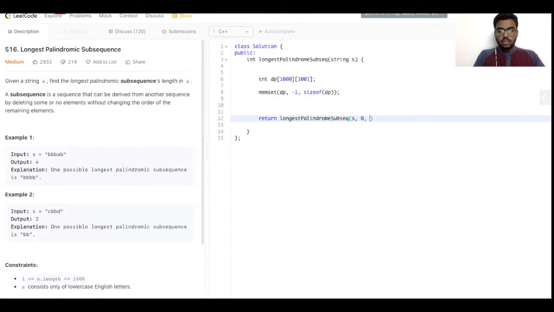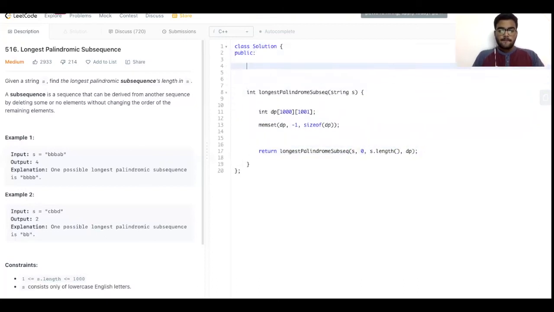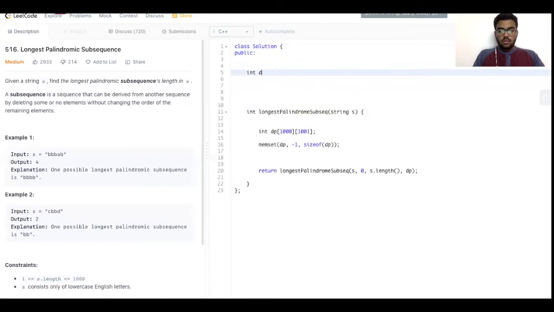All that we have to do is keep in mind the base conditions that we'll be checking, as well as increasing the length of the subsequence that we're considering, because we'll be considering two pointers, right? So at every point, two pointers should be considered. So we will be increasing the length by 2 every time we get a match. So we pass it to a function, longest palindromic subsequence, and then we'll also create the palindrome subsequence function.